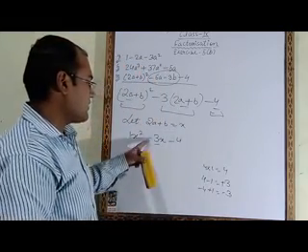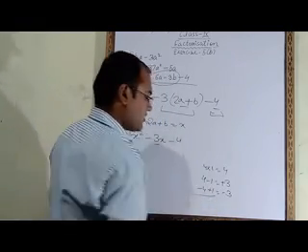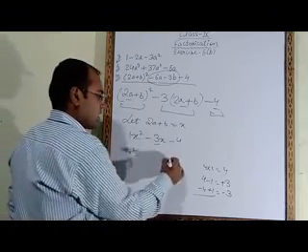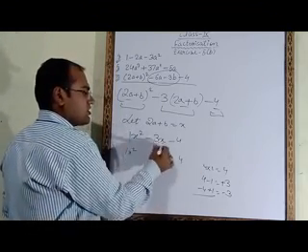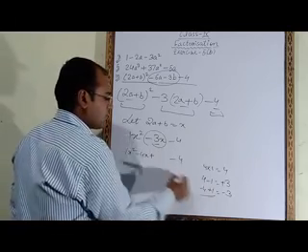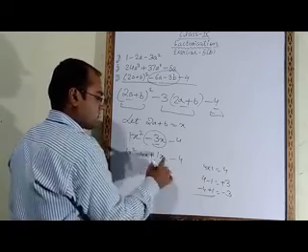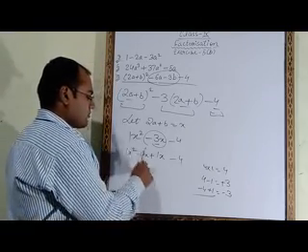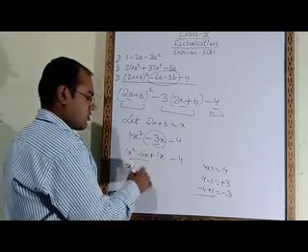So what we need? We need minus 3. So we will take these two numbers. So 1x square will be as it is, minus 4 will also be as it is. So instead of minus 3x, we will take minus 4x plus 1x. In both the numbers we have x. Now from these two numbers we will take common. X is common in both the numbers.